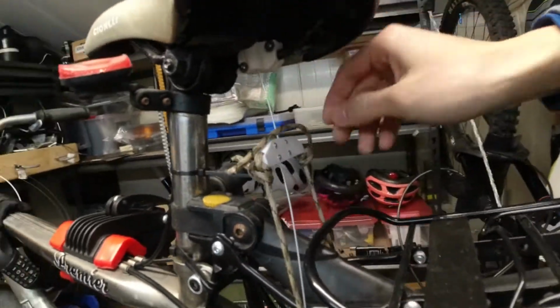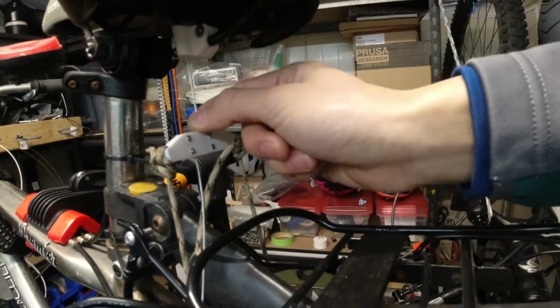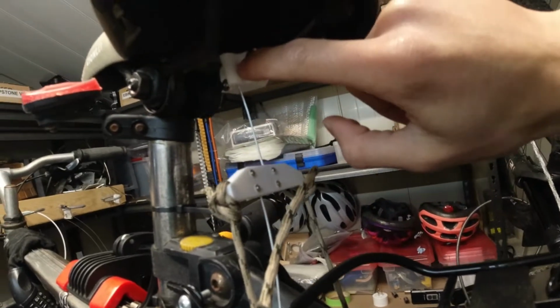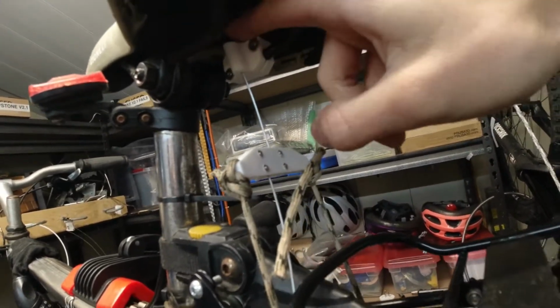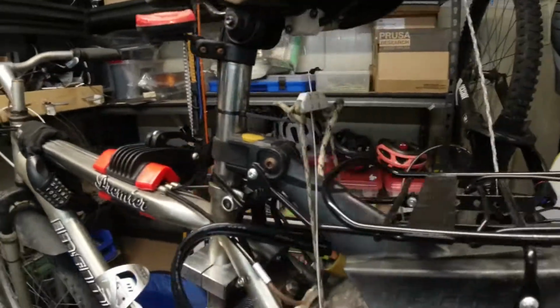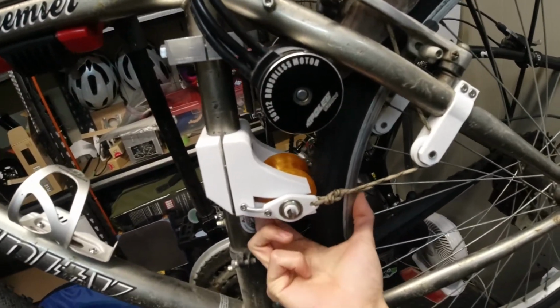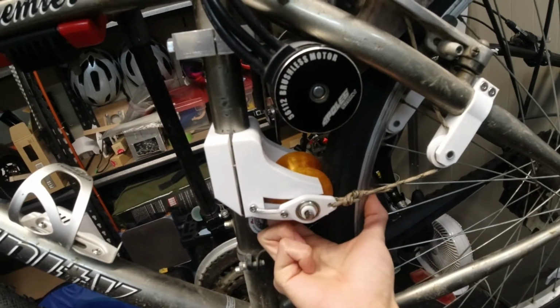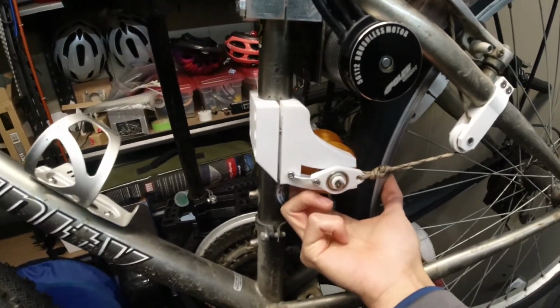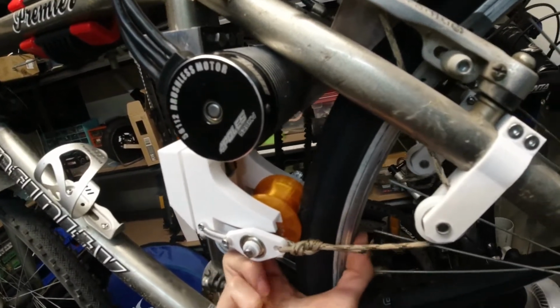And then these two basically connect to this block, and this block has the shift wire. That shift wire goes up to this little retainer bracket thing that I printed. And that wire goes, you can't really see it, up over the seat, under the seat actually, and then down here, and basically goes into the shifter. So my idea was to engage this with the shifter and then have it spring back. So basically like a shifter, but instead of shifting gears, it's pulling the rubber pulley thing, I guess friction wheel,